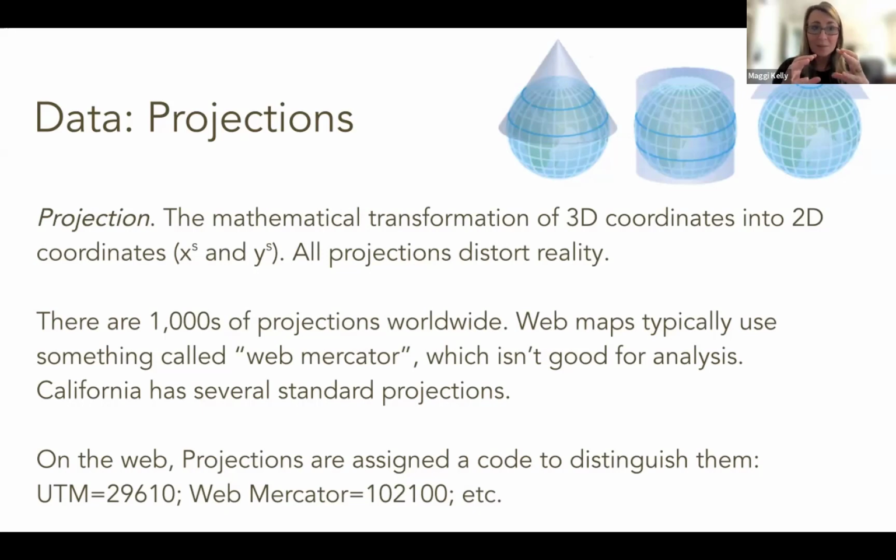It's not really an ellipsoid because it's kind of bumpy. So it's not a perfect transformation, that 3D to 2D. And so typically different areas will say, this is the projection for this area. So there's a projection for the US, there's a projection for California, there's a projection for each county in California, because we want to make sure that we are getting the best representation in 2D of that 3D surface.